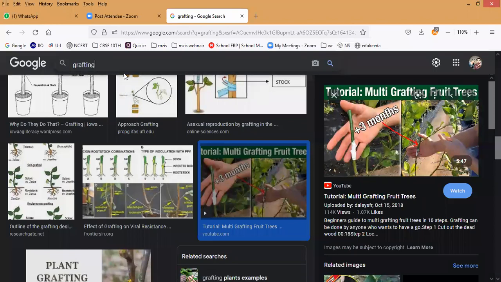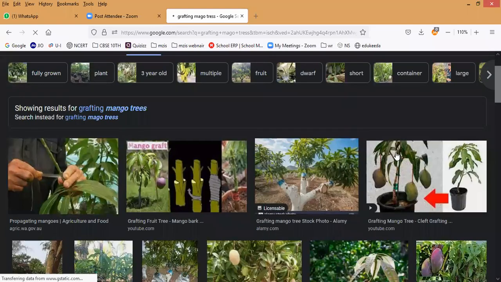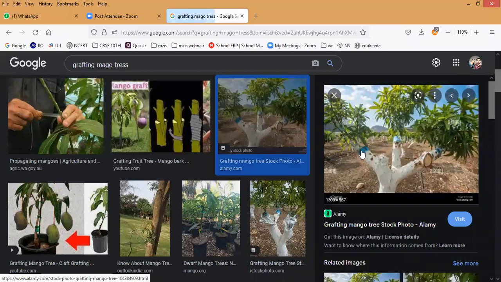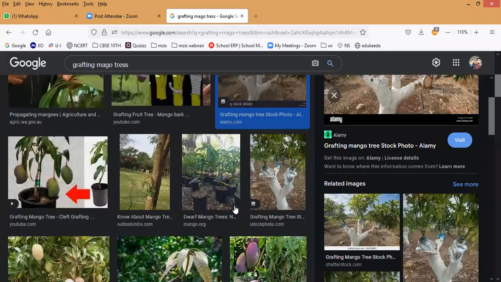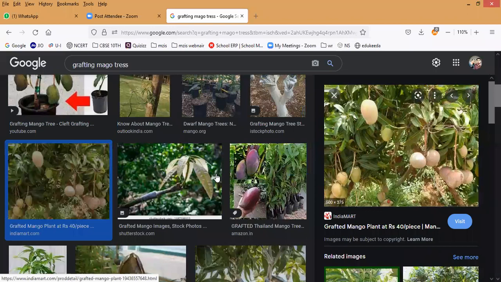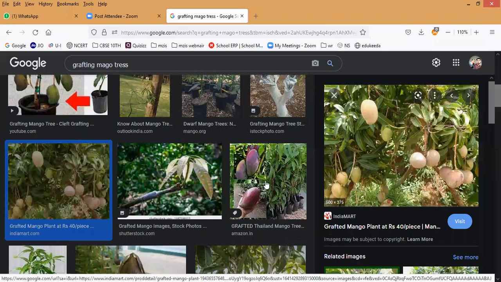I will also show you grafted mango trees. You can notice how many different kinds of mangoes they produce. Like this, see, each branch gets a new kind. Have you noticed they have done grafting here? Very fast, even at a small size, we get different kinds of mangoes, because the growth is very fast. This is what we call the grafting method.